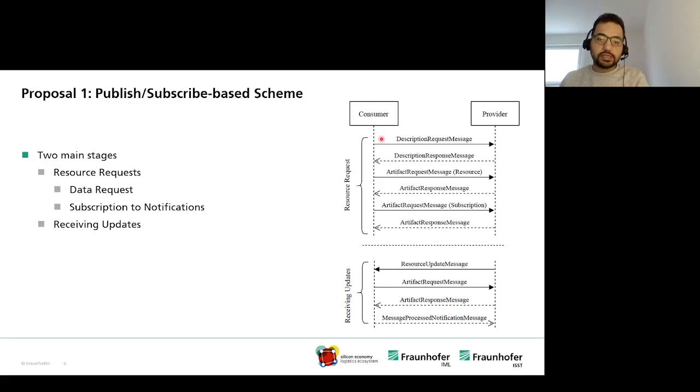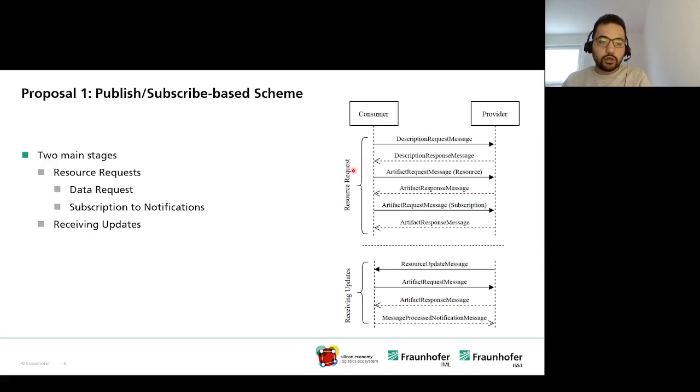So in this case, the consumer sends a description request message to request the resource information from the provider. The provider provides this information via a description response message. This contains the metadata that the consumer needs to request the specific resource.